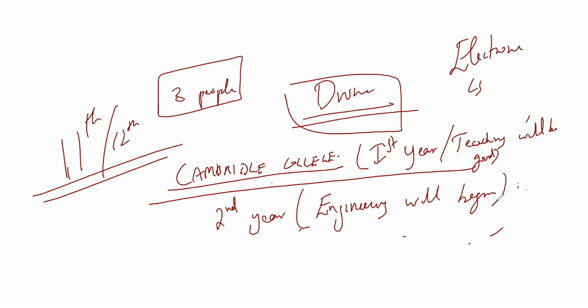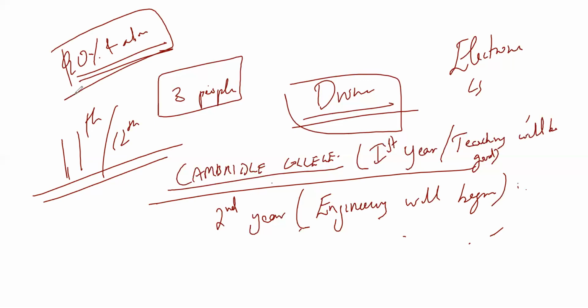Sir, can we choose our course in second year? You can choose your course in second year only if you're getting 90% and above in the first year. Okay, getting a 9 CGPA and above in the first year, then only you can choose the course of your liking. Getting 90% is one of the difficult tasks. Only 1 out of 1 lakh students get 90% and above in the first year.